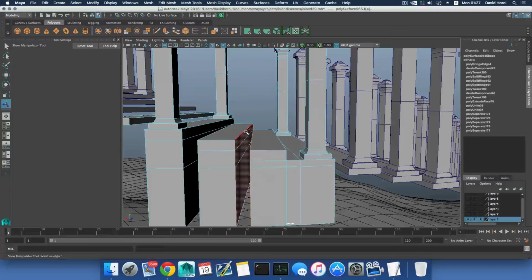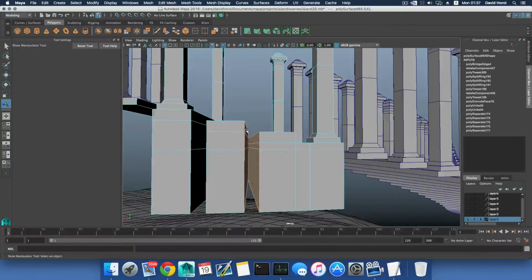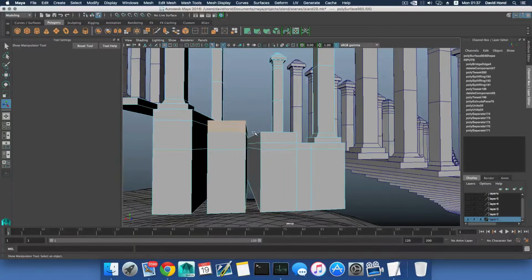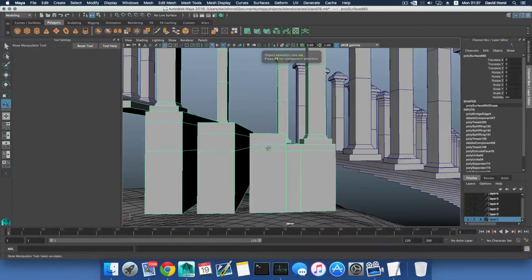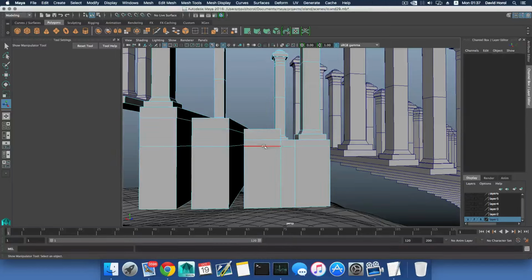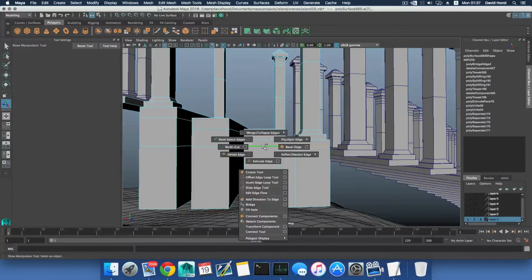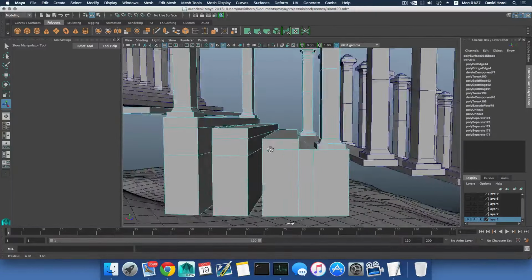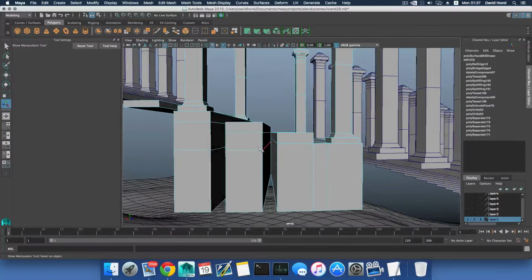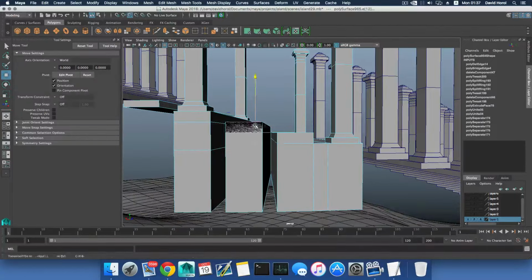Oh my god, I shouldn't select these 3 faces. Okay, I have a problem here. And you can see what the problem is. Right, I don't need this edge. Shift right click, I'm going to delete it. I do need this edge there. Okay,